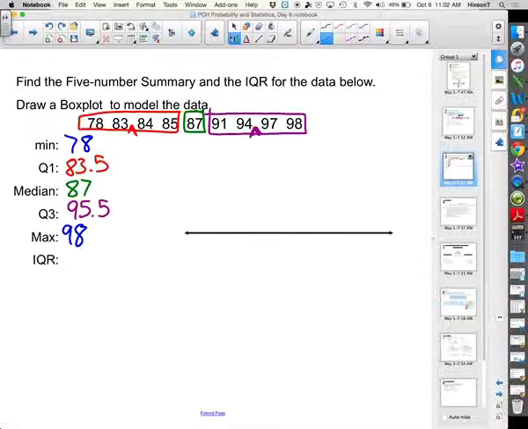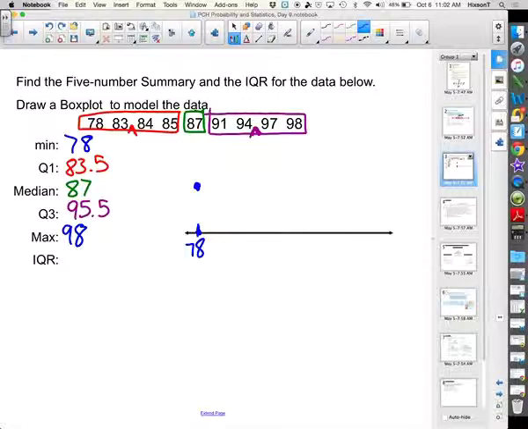So, now we can actually construct our box plot. So you'll see here, I have a number line, okay? And guys, when you're asked to draw these, you're not necessarily going to be given the number line with a scale on it, okay? So you might have to construct your own. So here's what I feel is kind of the easiest way to do it. I'll start with my min and my max. So I have 78 as the min. I'm just going to mark that on my number line, and I put the point up here,